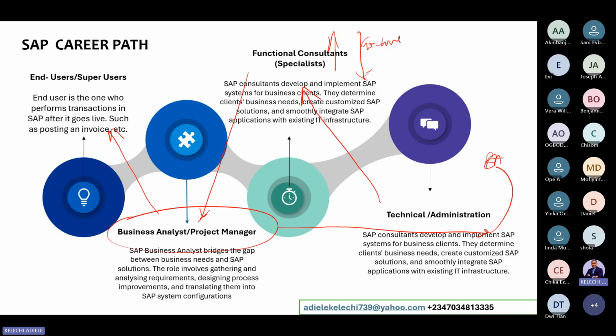Also, these guys, when you go live, these guys come down. When the project starts, their demand is high. But during go live, this one comes down. To administer, maybe you have one administrator or two, or maybe you have one technical guy to make sure that the system is running, depending on the size of the projects, anyways. But definitely, you don't need a lot of people on this side.